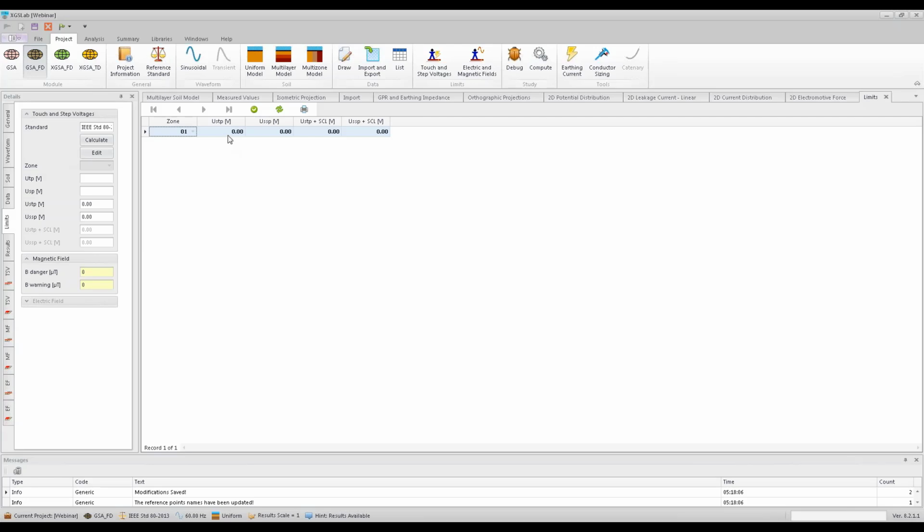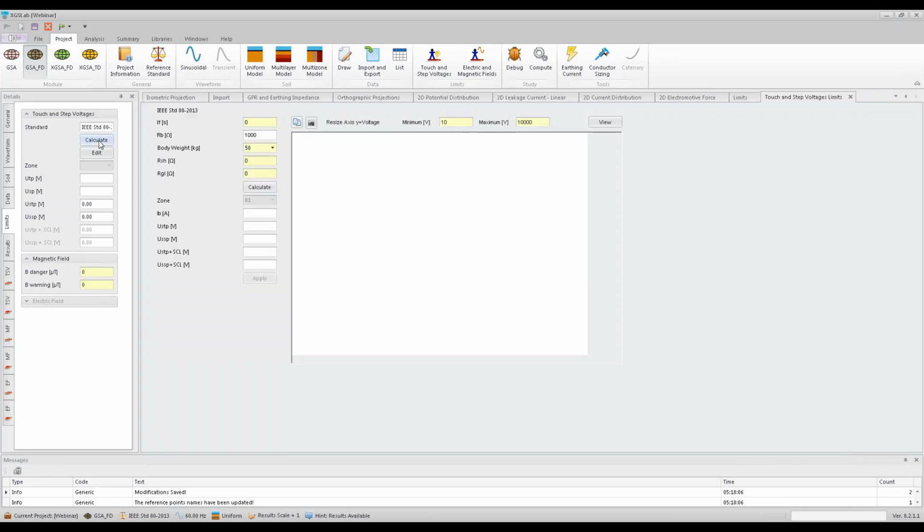You could also enter the limits you want, if you want, without calculating them. So if you have some specific standard in the world, you could also enter some other limits. In any case, in this case, we are going to calculate the limits by using this tool, in which we can set, for example, the clearance time in this